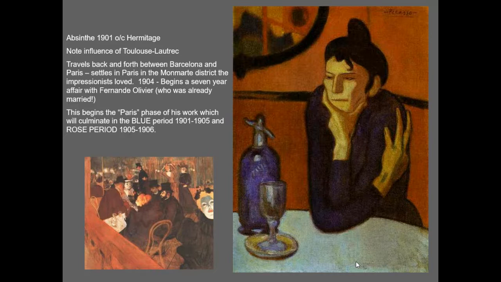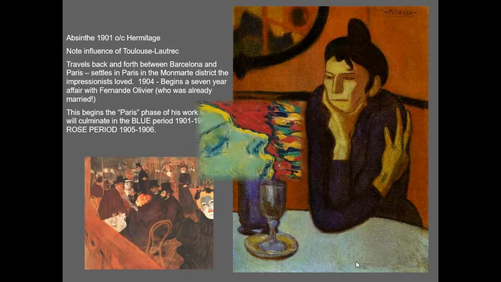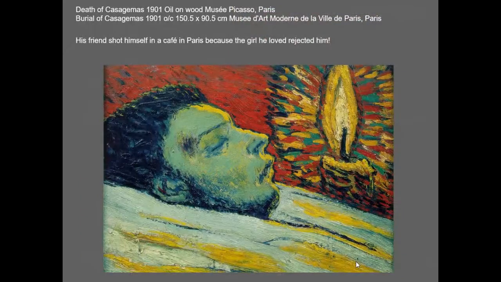party in a cafe, in a bar, and invited all their friends, including the former girlfriend and the painter that she was now living with. Casagemas, when he got up to give his speech at the birthday dinner, actually pulled out a pistol and shot himself. And this really deeply affected Picasso, and here you see his painting directly afterwards. This is a portrait of Casagemas, and he's in